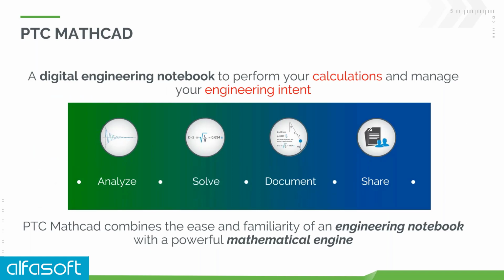This is probably an image I've used many times. At some point I should get the marketing department to update this, because my design skills when it comes to graphics aren't that good. But it's a simple image, and it's a simple proposition, right? PTC Mathcad is a digital engineering notebook used to perform your calculations and manage your engineering intent. And we can break that down